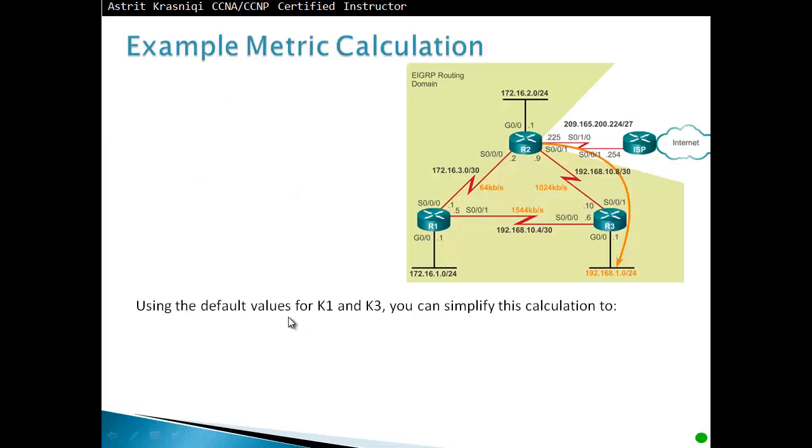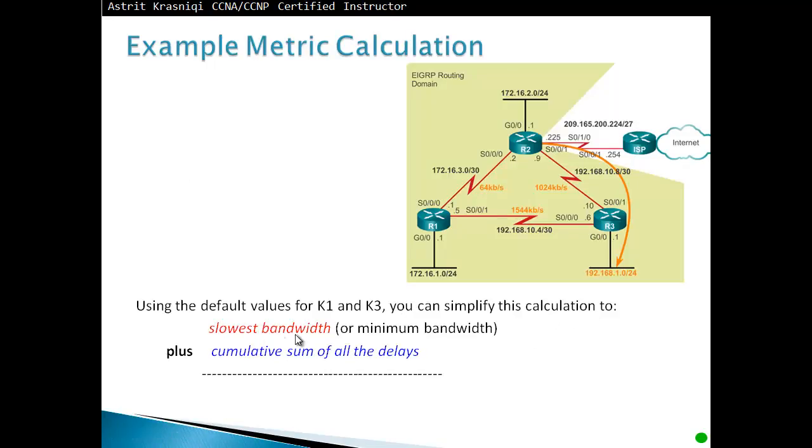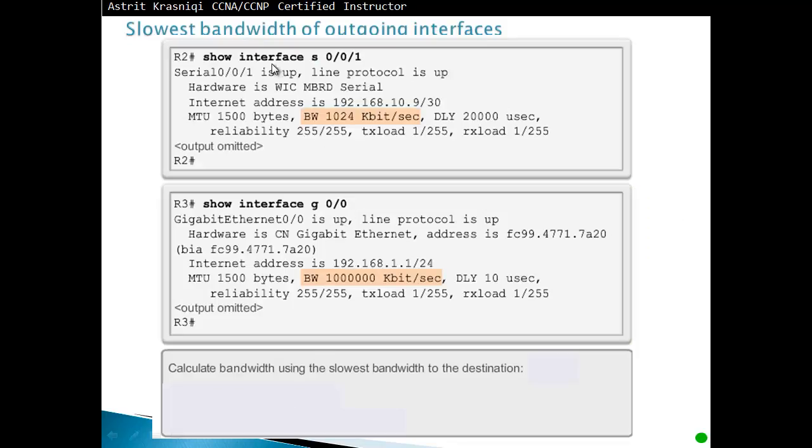Metric calculation: using the default values for K1 and K3, you can simplify this calculation to the slowest bandwidth, that is the minimum bandwidth on the path, plus the cumulative sum of all the delays. That will give you the EIGRP routing metric. So for example, with show interface, we see the bandwidth is 1024 on this side, and the bandwidth here is 1 million. So we're going to ignore this fast link and just take care of this slow link, 1024. We calculate the bandwidth using the slowest bandwidth to the destination. So we show IP interface until we find the slowest link. We pick that slowest link